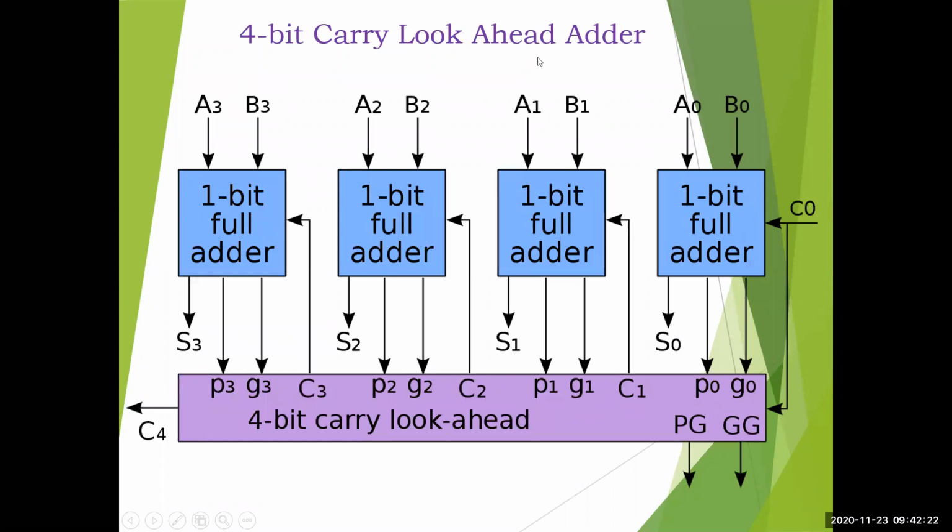So this is the 4-bit carry look ahead adder. If you see, same as the ripple carry adder, you have the 4 1-bit full adders, and the signals are the same: a0, b0, a1, b1, a2, b2, a3, b3. Initially we have c0, which is equivalent to your c in input. The sums s0, s1, s2, s3 are the same. In the case of ripple carry, the carry output was given to the next full adder. But now we have a completely different block here, a 4-bit carry look ahead generator.